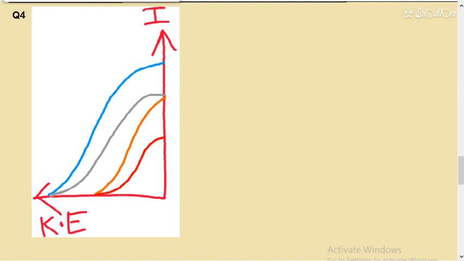So now we are at question number 4. This is 1, this is 2, this radiation is 3, and this one is 4. So students, if I have to find the frequency relations, I hope now you have understood. You can do it at your end also. You can pause the video and try this question at your own end.